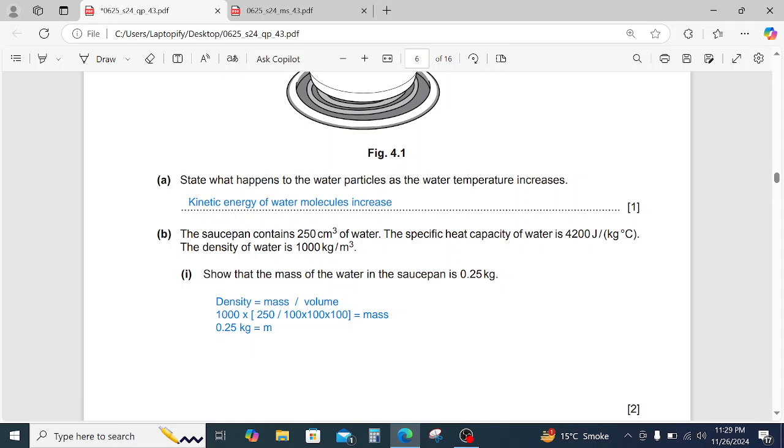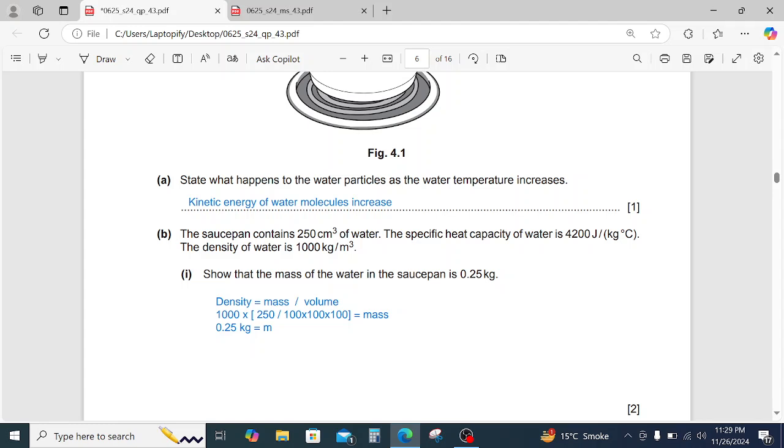The second question, part B: the saucepan contains 250 centimeter cube of water. The specific heat capacity of water is 4200 joule per kg per degree Celsius. The density of water is 1000 kilogram per meter cube. State that the mass of the water in the saucepan is 0.25 kg. Here it is mentioned that you have 250 centimeter cube of water in the saucepan. The specific heat capacity of water is 4200 joule per kg per degree Celsius, and the density of water is